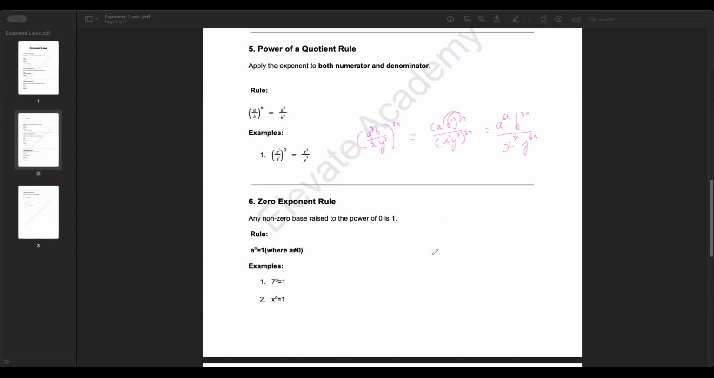So the next one is probably the easiest one. Any non-zero base raised to the power of 0 is 1. So these examples are quite self-explanatory. I mean, you can have anything, as long as it's not equal to 0, to the power 0, and we're going to get 1. So that's quite simple. Okay, so for the last one,